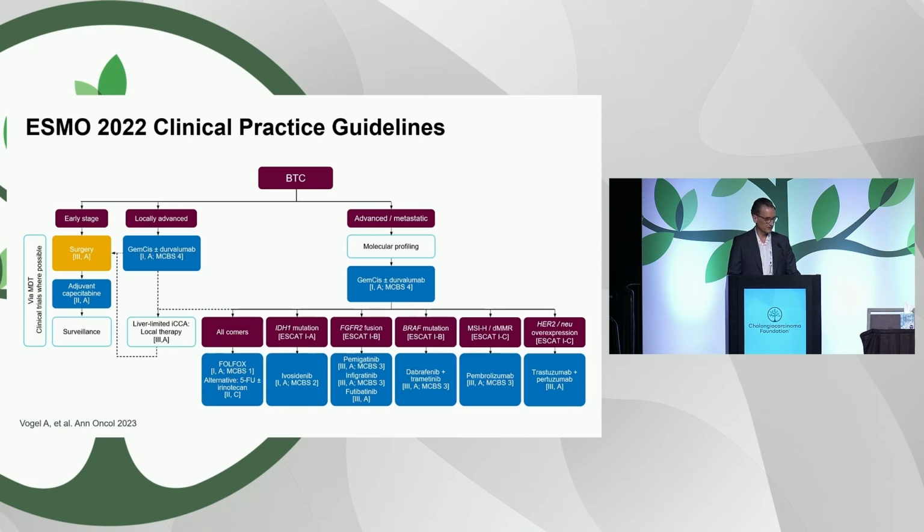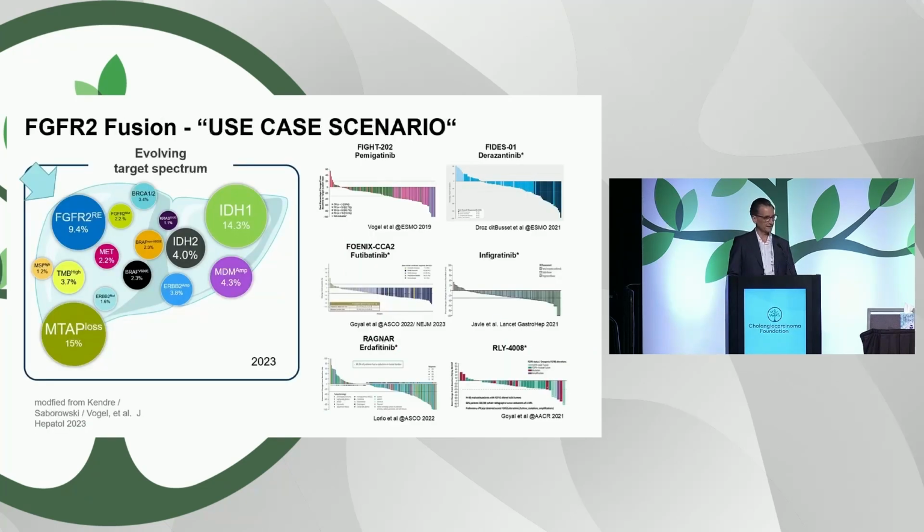This is what we have also mentioned in the ESMO guideline, which we published last year, and which we are already in the process of updating because we have more approved drugs as of today, and we just heard about the tumor-agnostic approval for HER2, so this will definitely also be included. And I would like to focus on FGFR today,